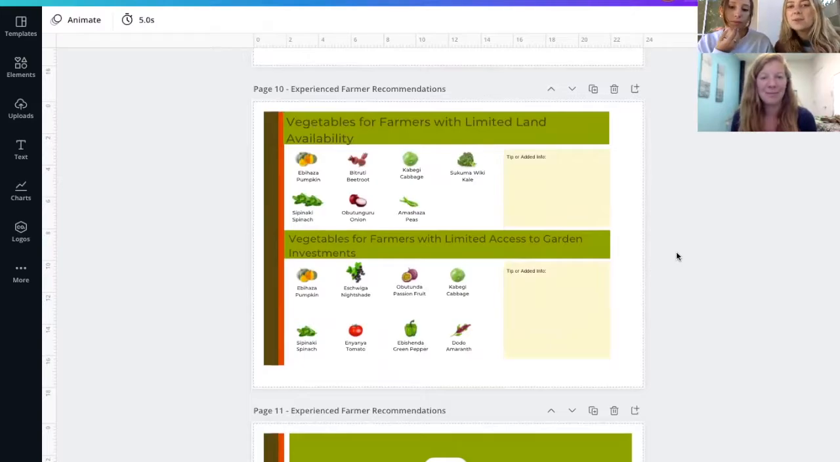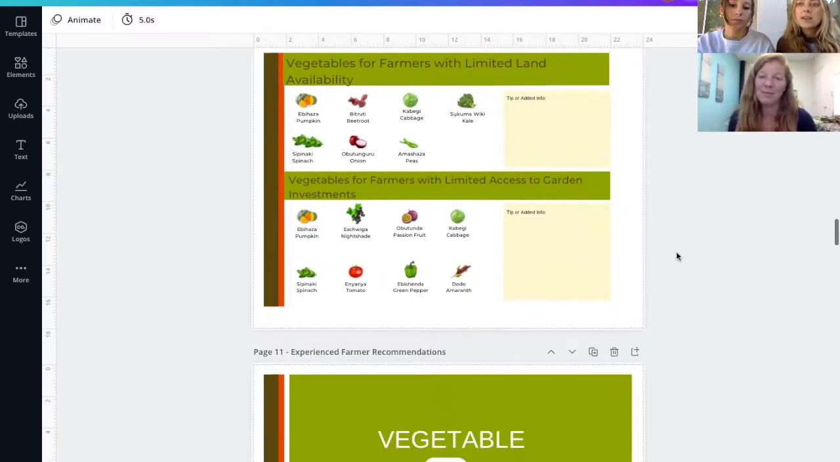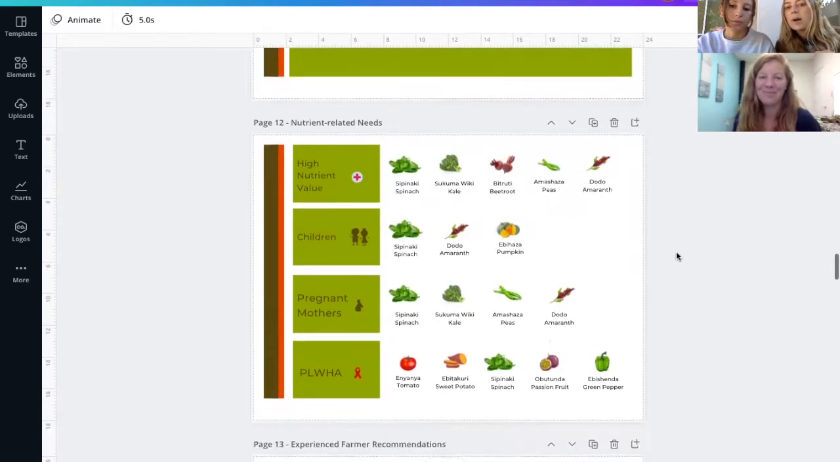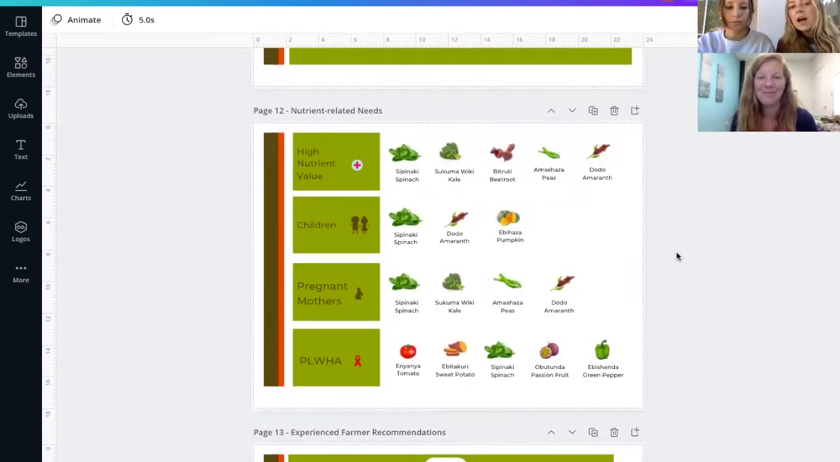So these next few slides just dig deeper into what crops are best for different limitations. And then the next section will be which crops are best for different parts of the key symbols that we have. So whether it's a person living with HIV, pregnant women, it dives deeper into which crops would be best if you have children, high nutrient dense crops, whatever it may be,